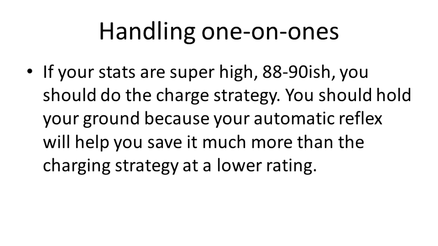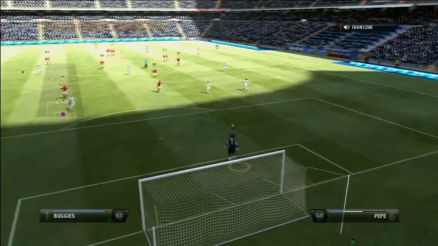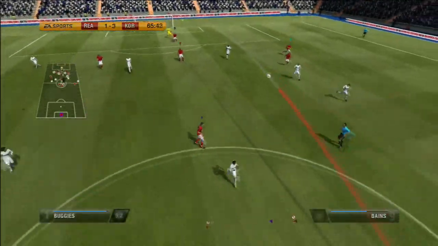Now, what about one-on-ones, you would ask. With one-on-ones, if you do have a high-rated goalkeeper, you should stand your ground because your reflexes are going to help you make the save on any shot that comes in. But if your stats aren't super high, if you're just starting out, or if you're just making your way as a goalkeeper, you want to do a little bit of a shimmy charge almost. So you'll see